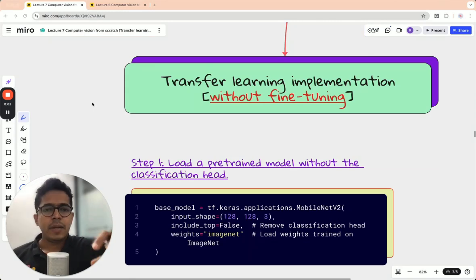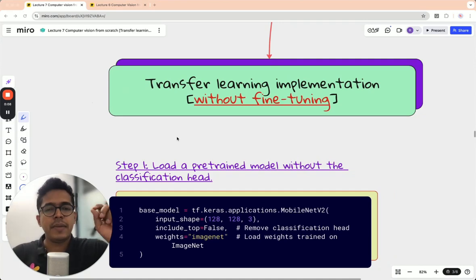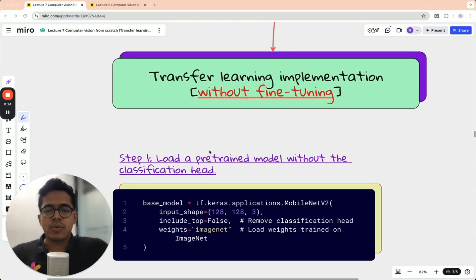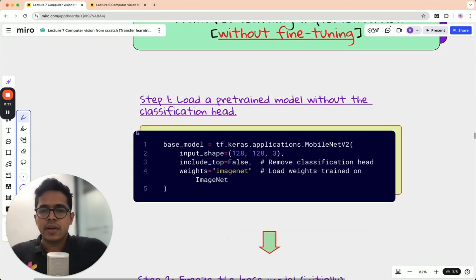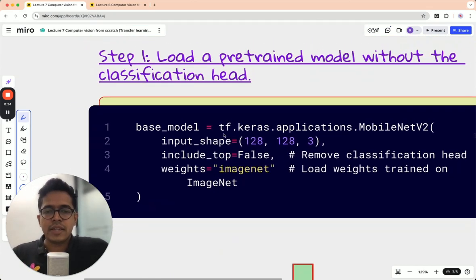Now let us implement transfer learning without fine-tuning. So we'll be performing fixed transfer learning. So the features will be fixed. We'll be freezing the neural network from further modifications. So what we do is we define the base model to be MobileNet v2. So this is the code. So here base model equal to